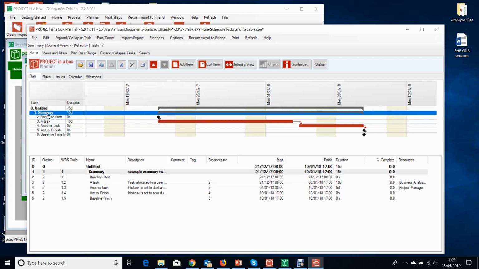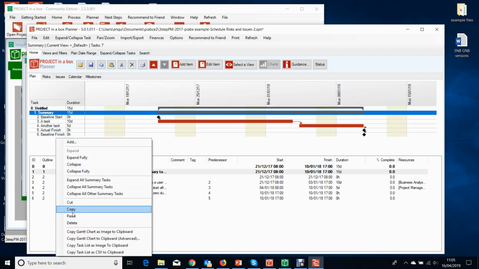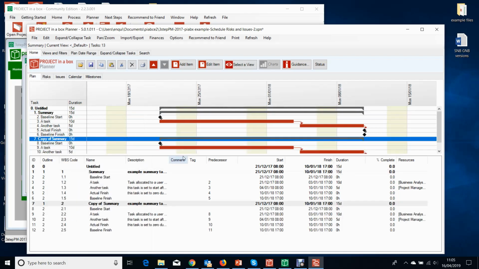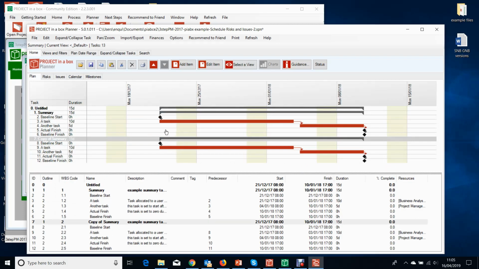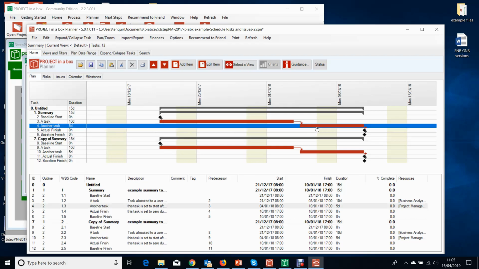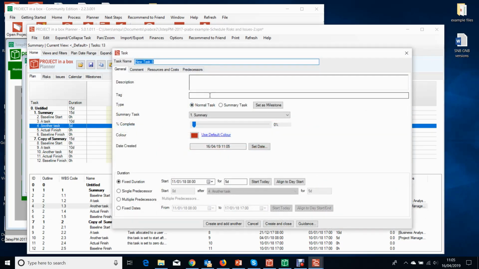Just to get a feel for that, we're just going to copy this summary group and paste it in underneath. So as they've been copied with all the contents, all those bookings we set up will be currently identical on both summary groups. What we're going to do now though is come in and add a new task to this summary group up here in just the normal sort of way that we would have done before. We're going to make it start after the preceding task and run for say 5 days, and we'll call it new costed task